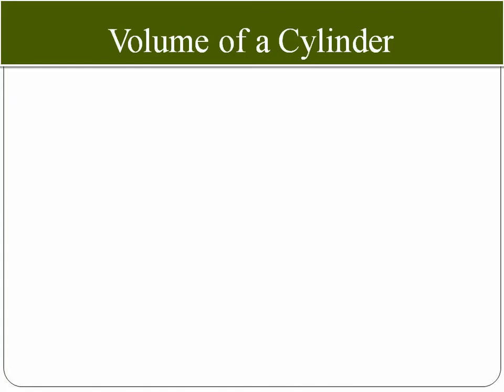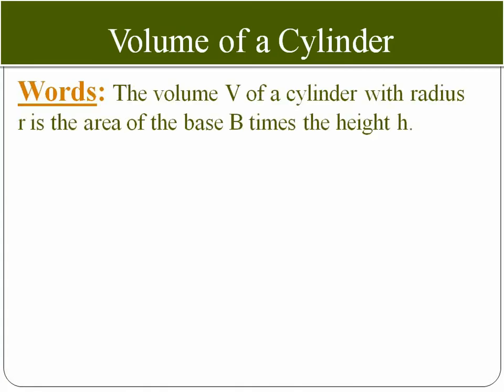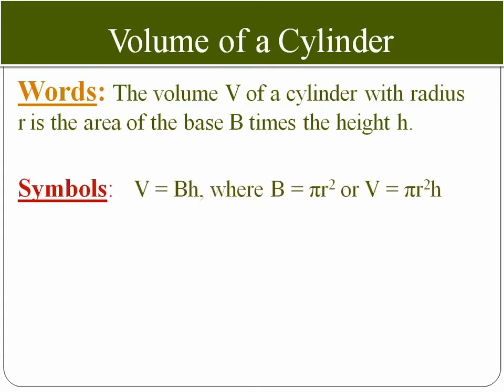Moving on, first of all we have to discuss the main parameters of the cylinder. The first one is the symbols we can use. V is for the volume of the cylinder, B is the base of the cylinder. If you see a glass or a cup or anything with a round shape, the base of the round shape is called the circle, and the formula for the area of the circle is pi